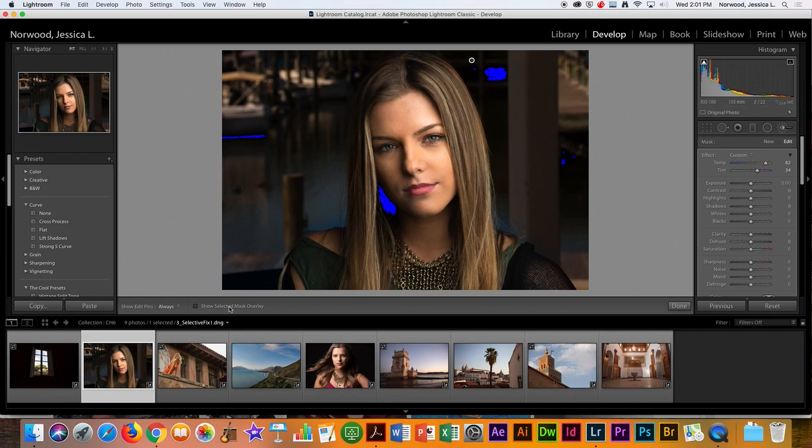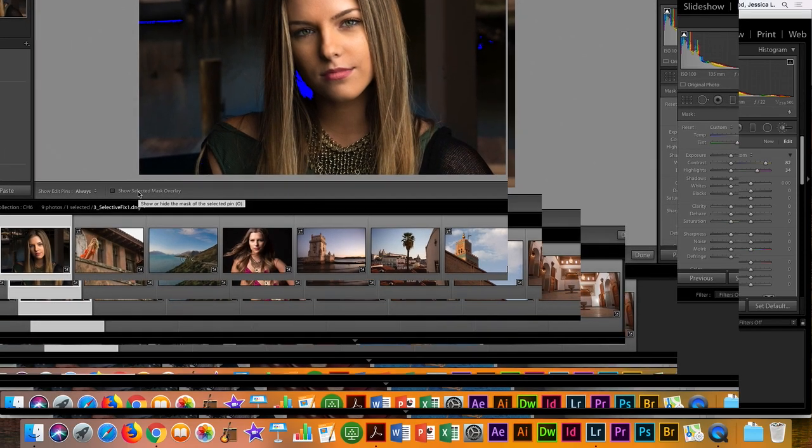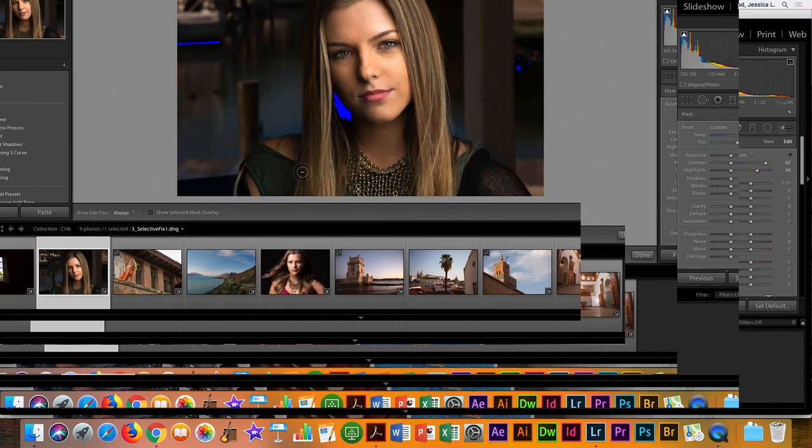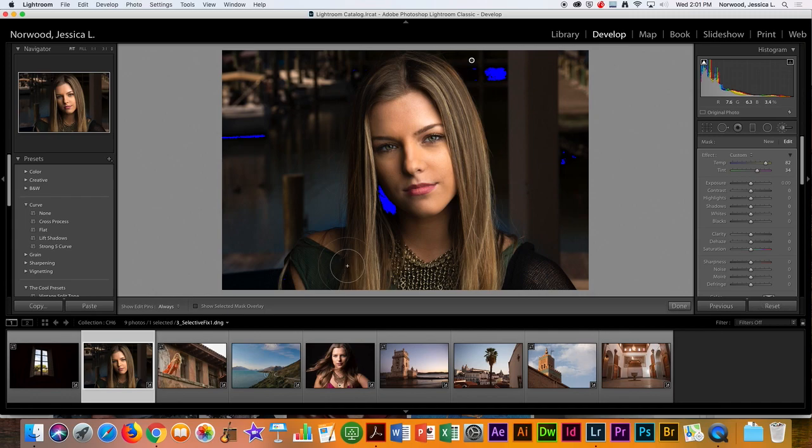Can't you click on something? There is, right below the image, it says show selected mask overlay. Oh, there, yeah. Right there. But O does that also? O does that, O for overlay. Oh. That's how I remember it. But O for overlay will